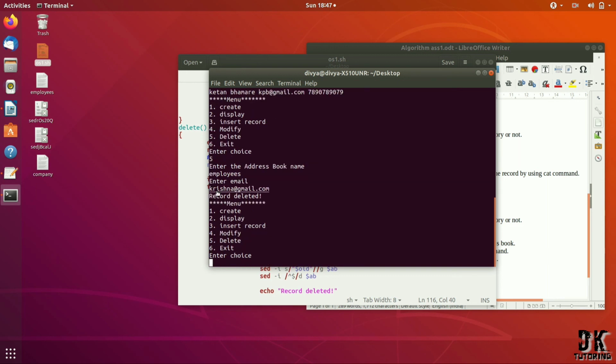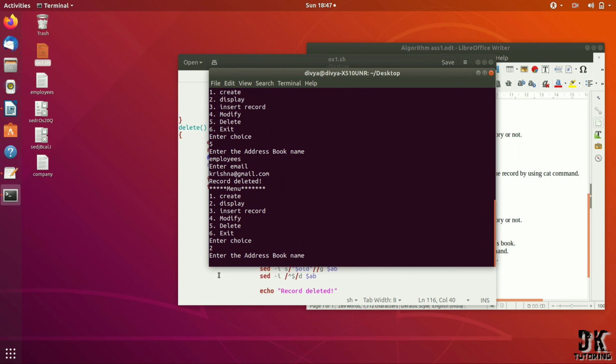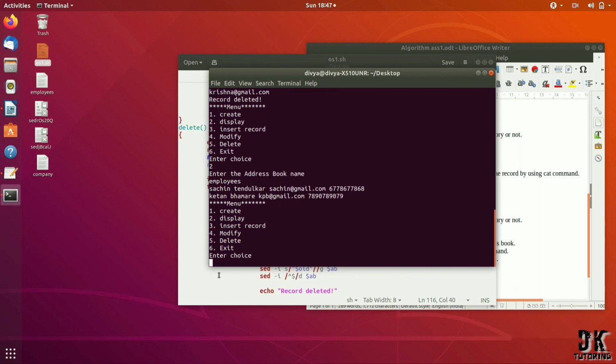See, I get the message record deleted. So let's display the database. Address book name is employees. See, my record is deleted, and the blank line is also removed.